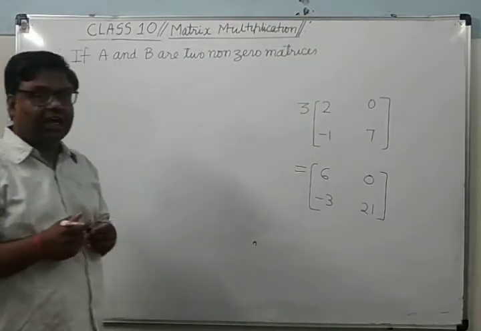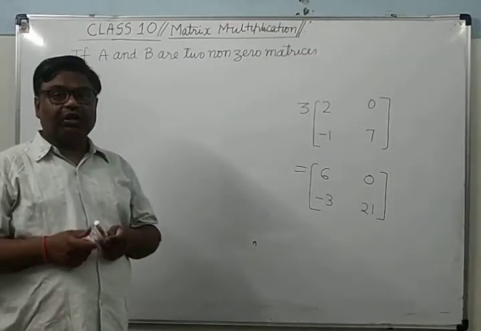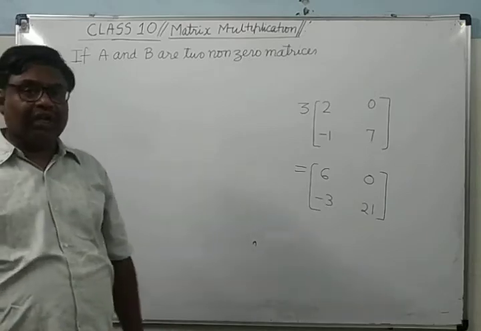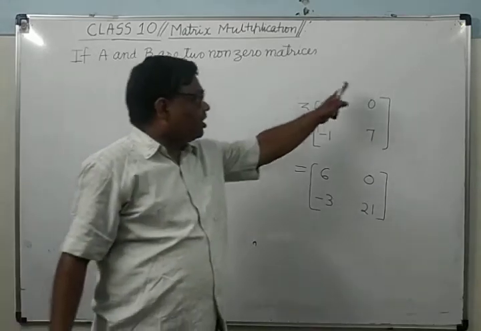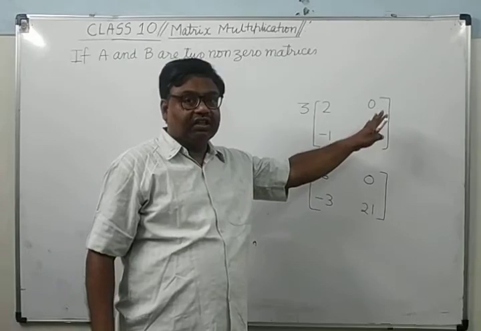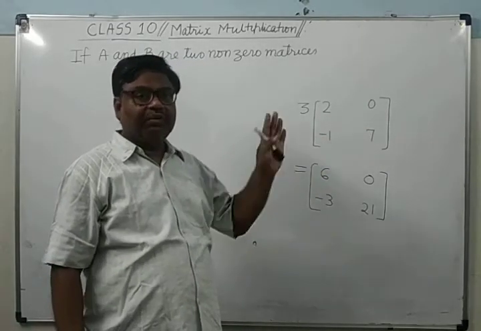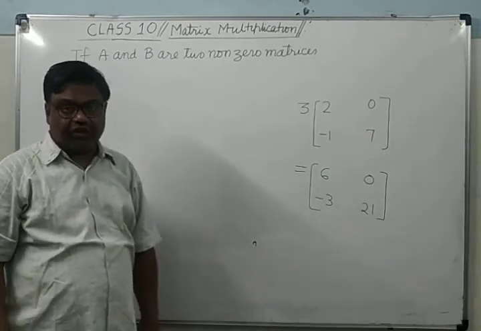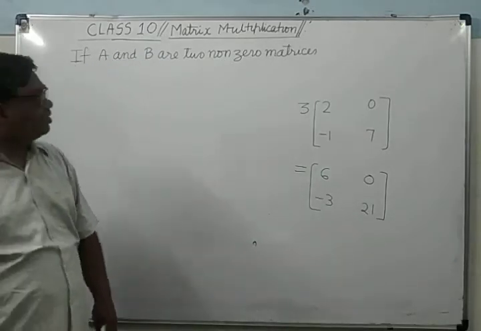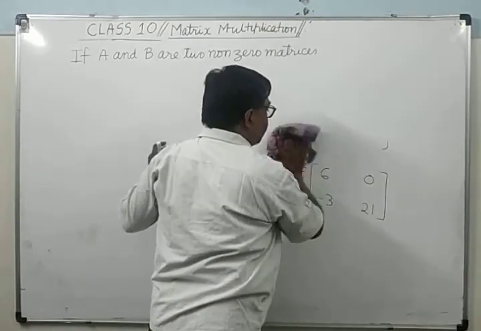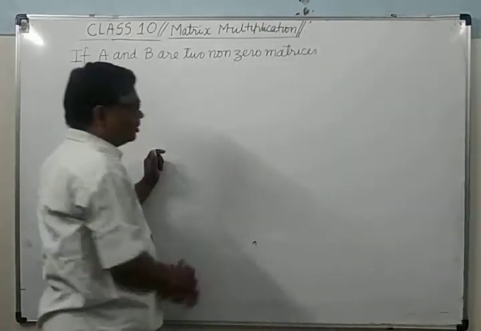A zero matrix means one whose elements are all zero. This is not a non-zero matrix. If all the elements are zero, then only it is the zero matrix or null matrix. It's clear? So if A and B are two non-zero matrices, then